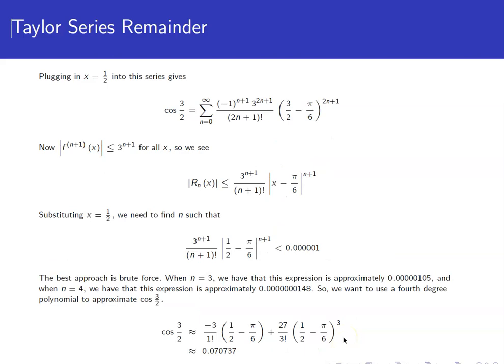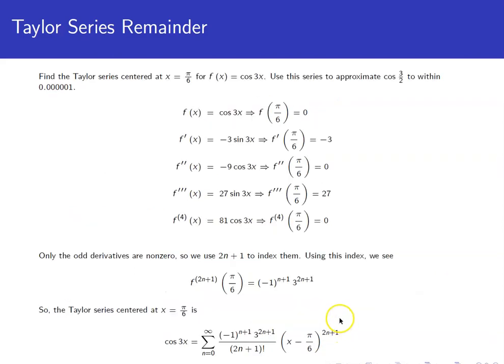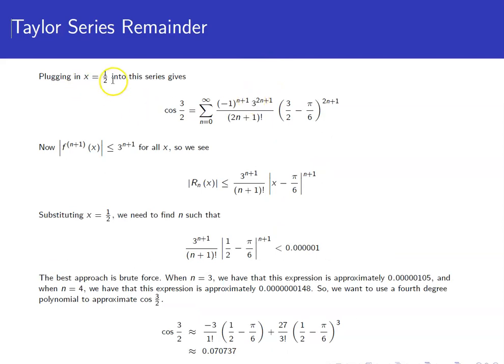Well, we notice, in order to get an approximation of cosine of 3 pi over 2, we can plug in 1/2 for x, and that'll give us cosine of 3 pi over 2 on this side. So plugging in a half into the series gives us this expression. Just again replacing the x with